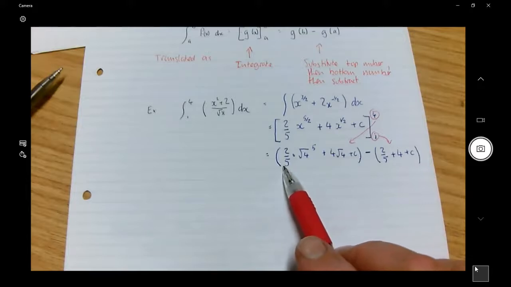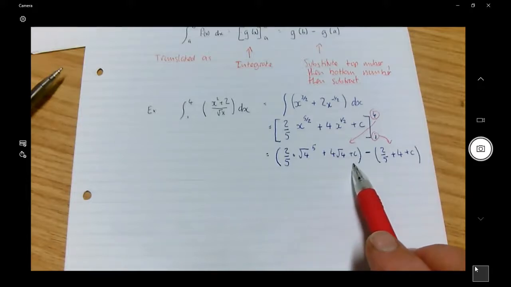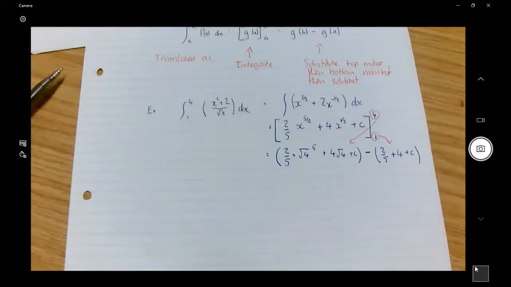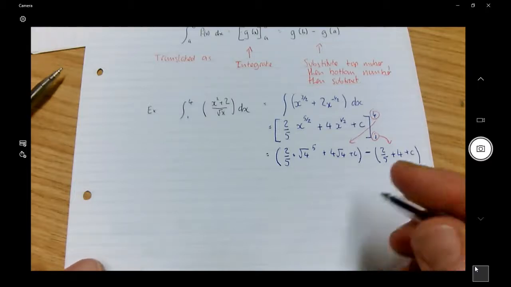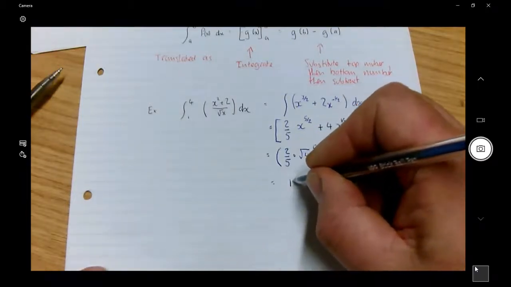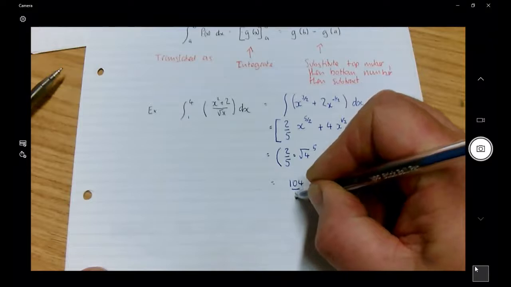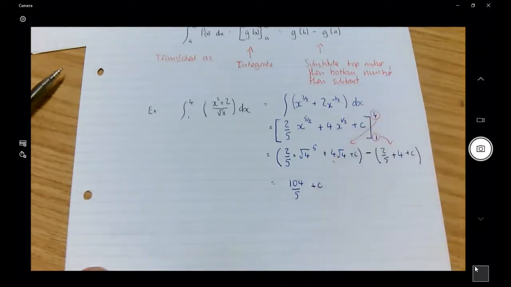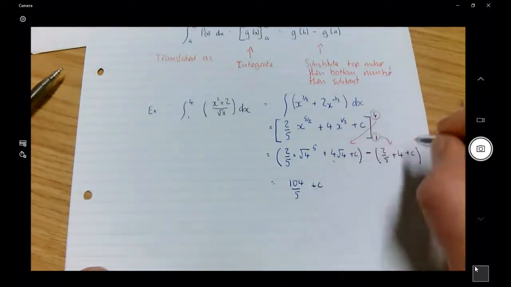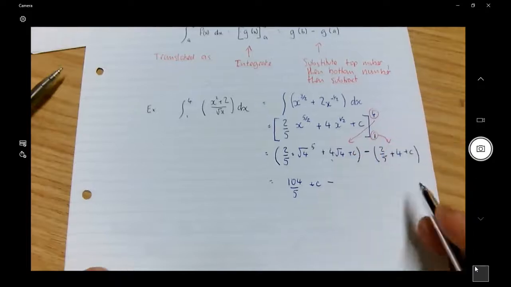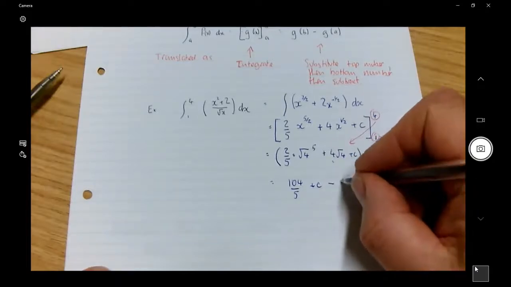So, really, on your calculator, work that out, and it works out at 104 over 5. So 104 over 5 plus c, minus 22 over 5